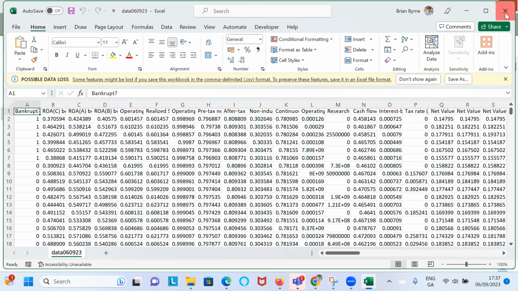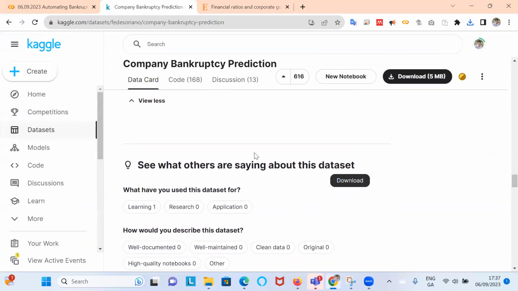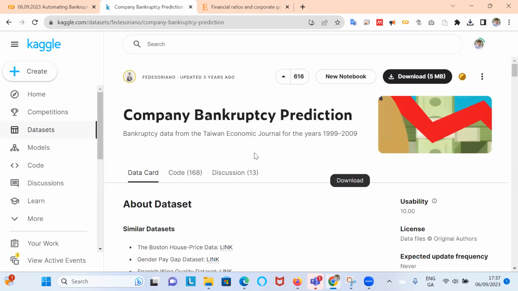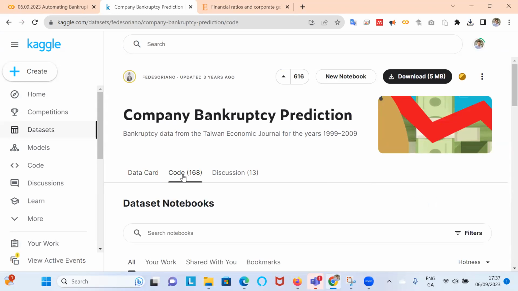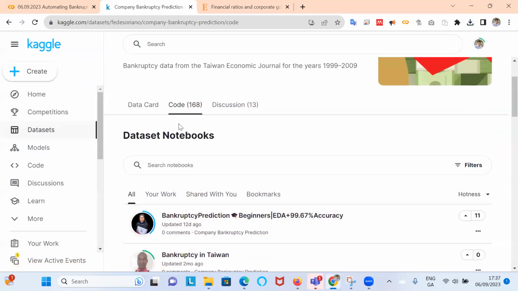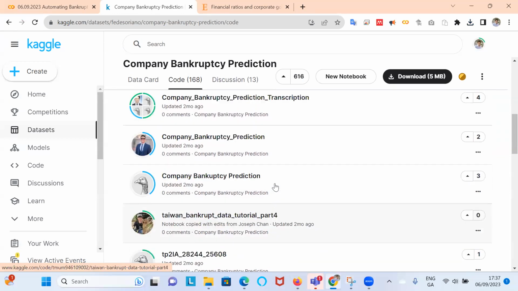So let's close that down. That's just to get an overview of the data. Let's go back into Kaggle for a moment. Now, one very nice aspect associated with Kaggle, when you get an interesting data set, typically there are contributors to the Kaggle portal who put up their own code artifact, Python or R, typically. There's 196 here or 168. So if you want to toggle through, you can.